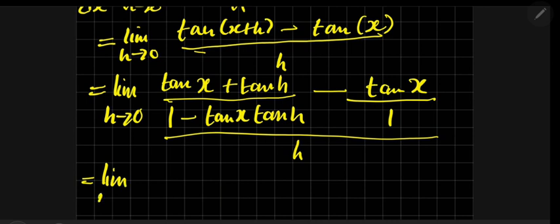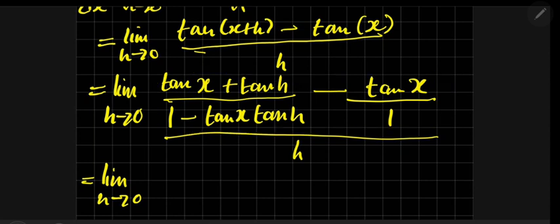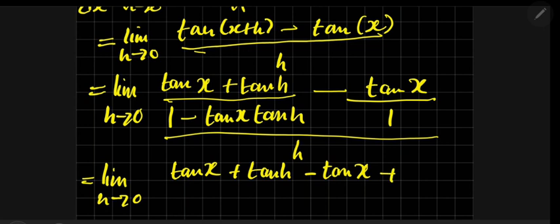So the limit as h is approaching 0, we can simplify this and make a single fraction out of it. So once we do that, we'll have tan x plus tan h minus tan x plus... I'm sure this will fit. I was afraid I was running out of space, which I am, but I've managed to fit them in. Alright, so this is divided by